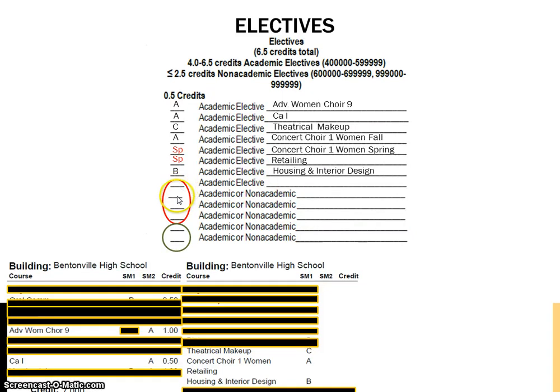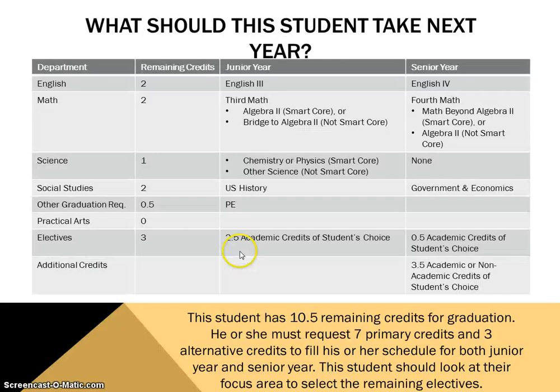So this student has 1, 2, 3, 4, 5, 6 blanks remaining. I've circled 4 of the blanks for junior year and 2 of the blanks for senior year, and I will show you why on the next slide. This is what the student has remaining. If we look back over all of those red circles that I made for the classes that were remaining for junior year, they still need 2 credits of English, so they'll have English 3 junior year and English 4 senior year, 2 credits of math, and they need to choose based on teacher recommendations and what they feel confident taking